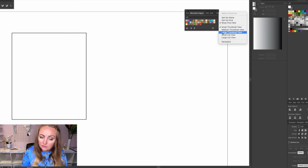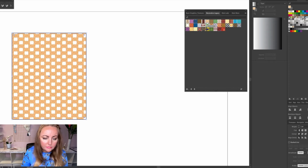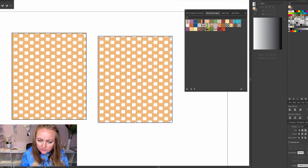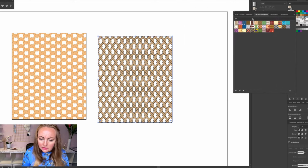I don't know if they're here, but I'm going to check it out. Large thumbnail view, knit color. Okay, so here's one knit pattern, and let me see what else we can find. Okay, here's another,